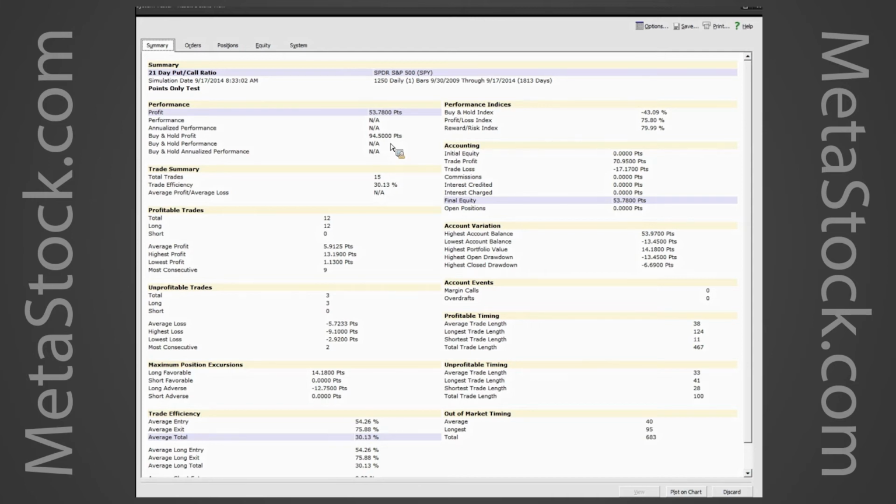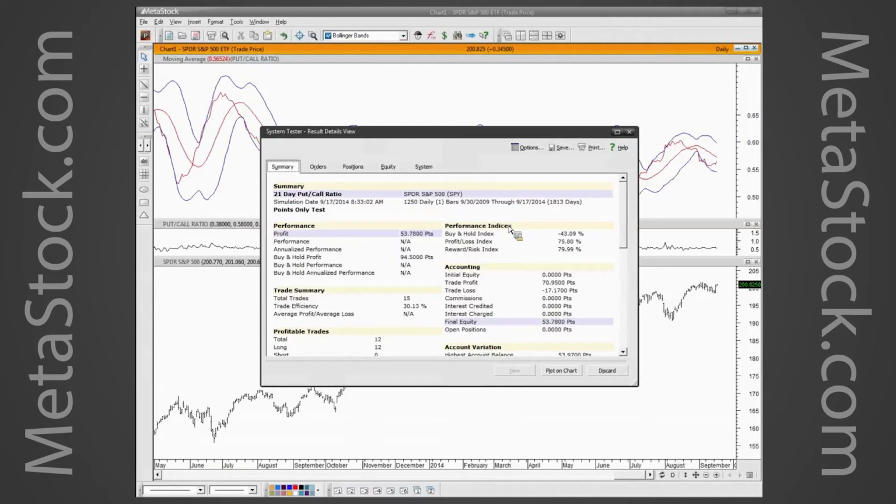So we want to know, is there any way to improve this system? We obviously made money trading this system, or could have made money trading this system, but it wouldn't have beaten buy and hold. So let's just go back and make some changes, and we'll look at optimization to see if that can improve the system in any way. But before we do that, maybe we'll